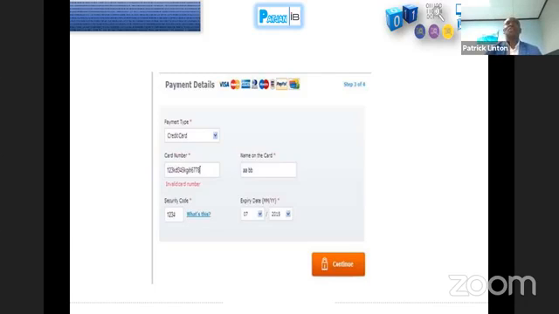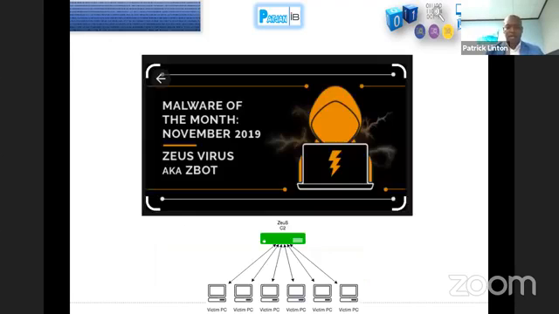within minutes, right? Once they steal your credentials, it's important that the threat actor, from the command and control center, what we call the C2 server, locks you out. Then they use your credit card to make purchases. You might just get a statement that you made a purchase somewhere in Eastern Europe, right? And it is quite important. In the last 2 years, Zeus became the malware of the month, just to show you that it's formidable, right? It's still wreaking a lot of havoc, and it is still active.